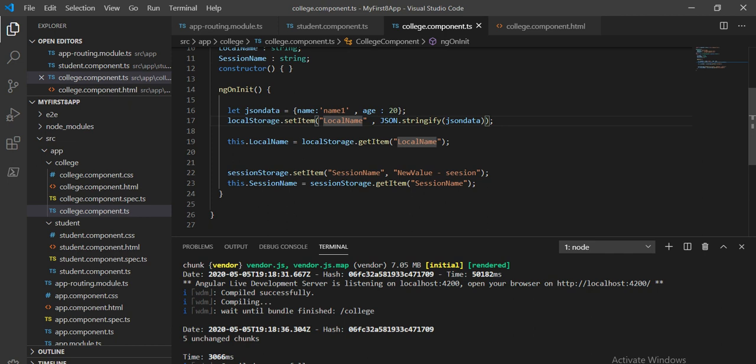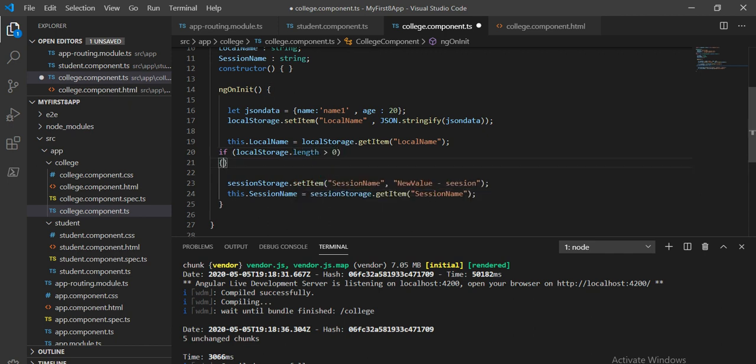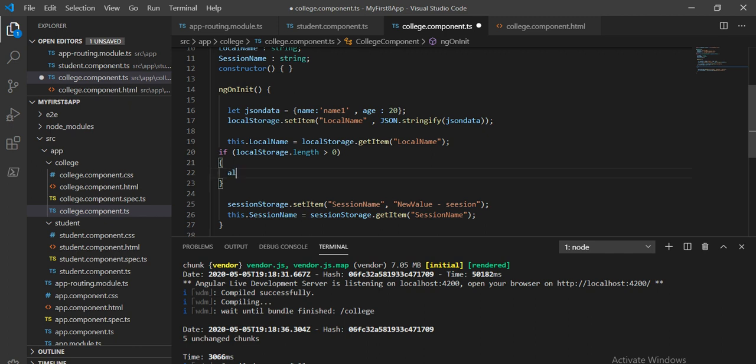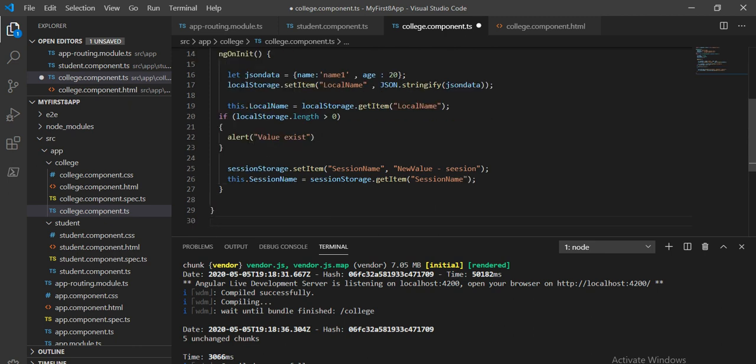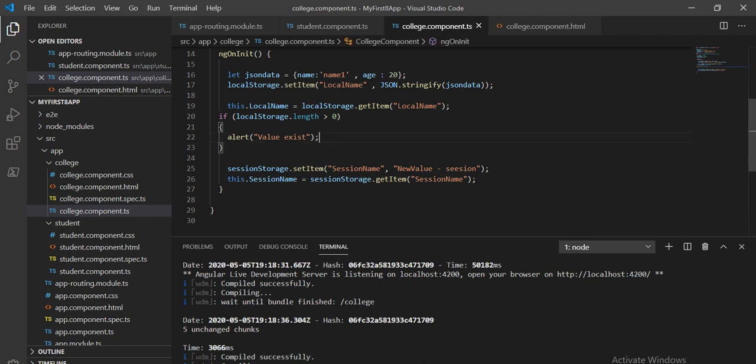Now I want to check the condition, if this local storage dot length is greater than 0, then I will alert value exist.